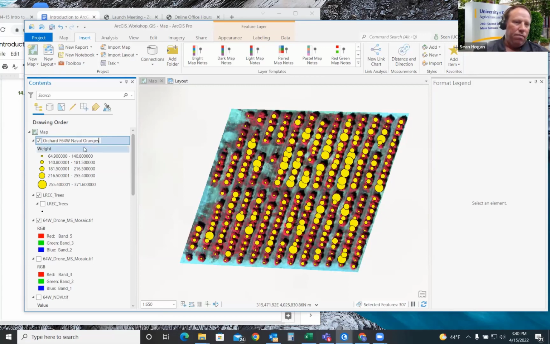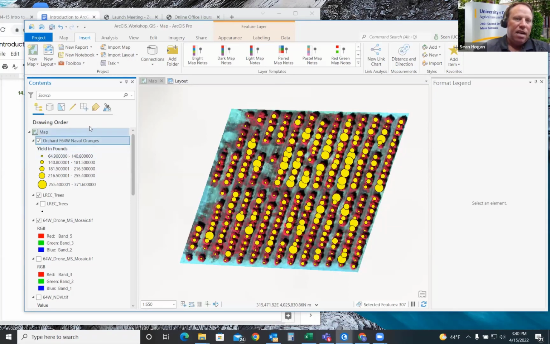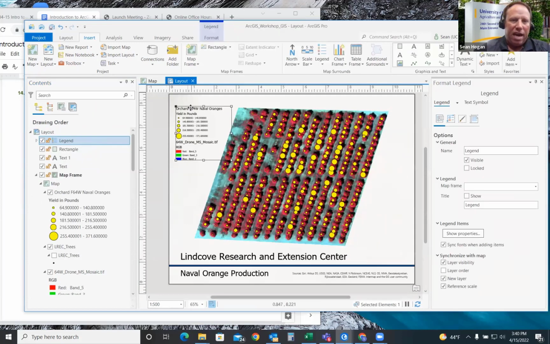And then below, slowly click this twice. Well, actually, instead of weight, let's call it yield. Yield in pounds. Everybody following there? So I'm just slowly clicking that and changing the names. Now I want to click the top again so it takes, and then I'll go up to my layout and look what we have. The name is changed. But we have this other stuff down here that we still don't want. Let's get rid of that.